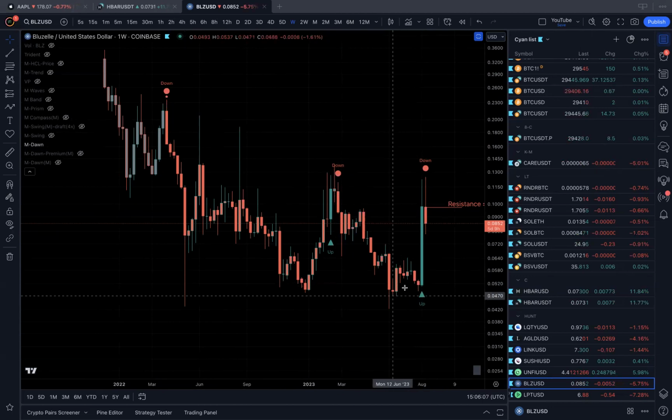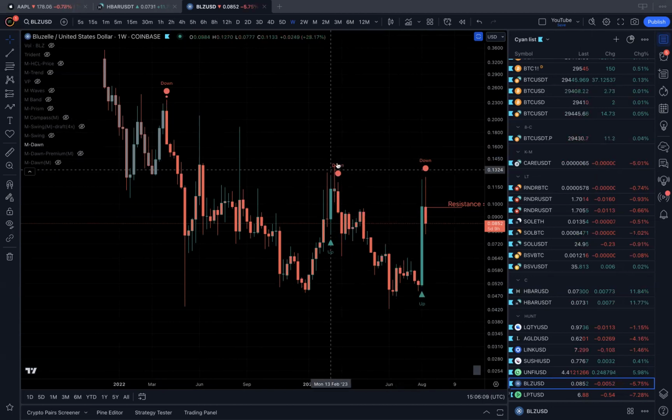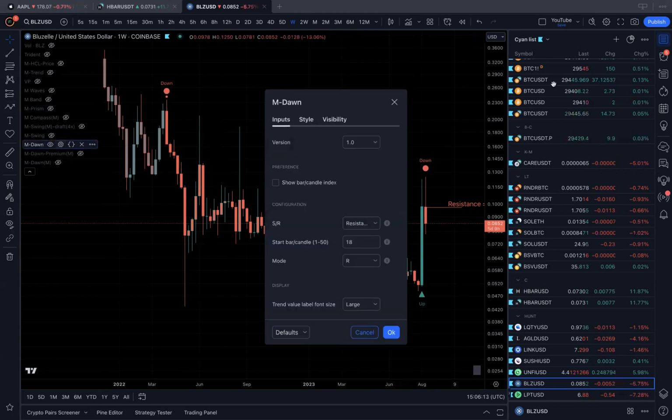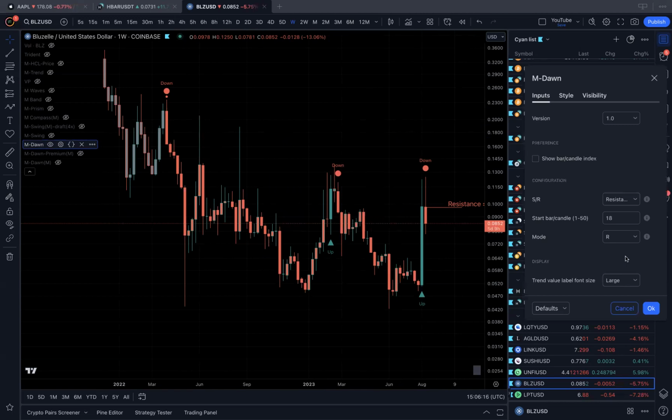So if the price is here, I would like to set it over here to see what is the resistance it has to break above. So what I had to do is I had to move it further. And why I gave this checkbox that it will show the